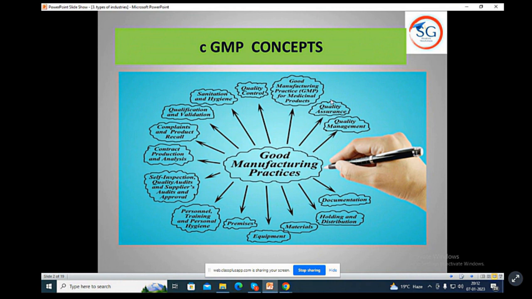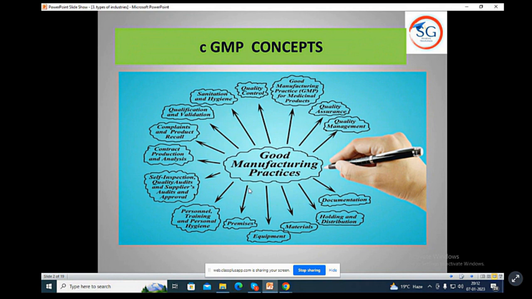In quality assurance, you should follow GMP. In quality management, you should follow GMP. While documenting anything, you should follow GMP. In holding and distribution of the drugs, you should follow GMP. In materials, any activity related to materials like procuring, dispensing, manufacturing, packing, everything, you should follow good manufacturing practices. During the equipment operation, you should follow good manufacturing practices. While construction, you should follow the good manufacturing practices, and also while working in the premises, you should follow the